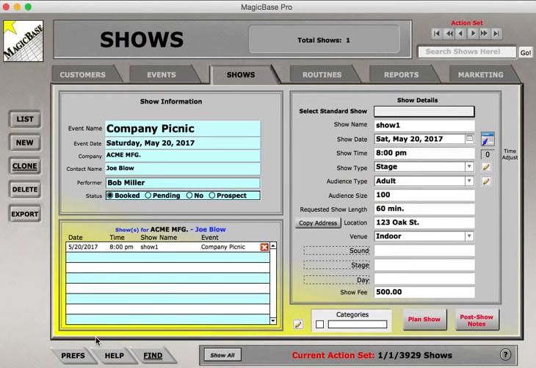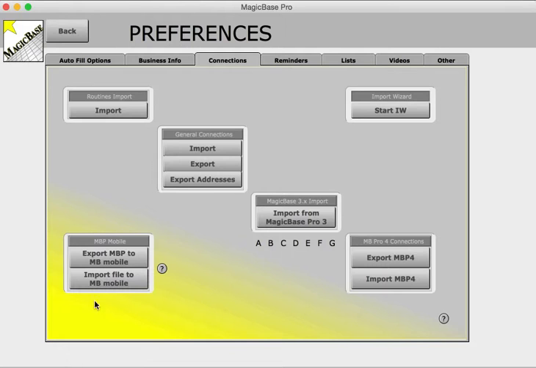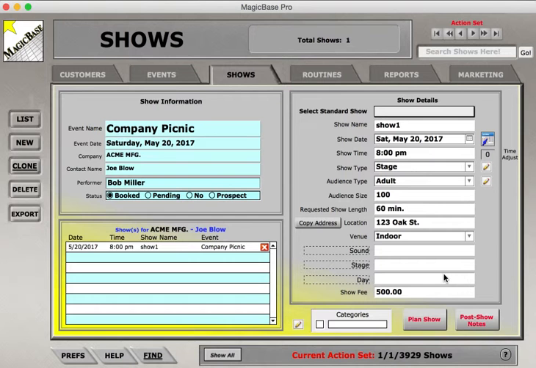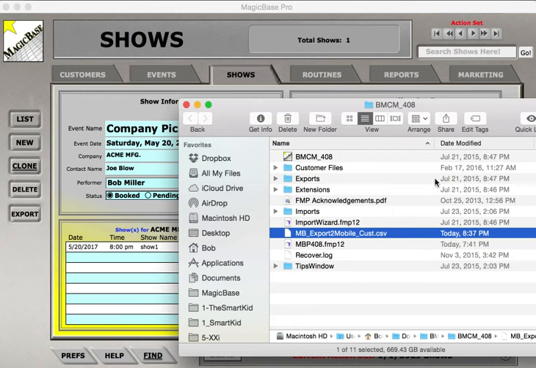And to do that, I go to Prefs. There's a button that says Export MBP to MagicBase Mobile. When I click on that, it confirms that it's just one event and one show that will be exported, and I click OK. Now what has happened is that MagicBase Pro has copied that data to this file right here,